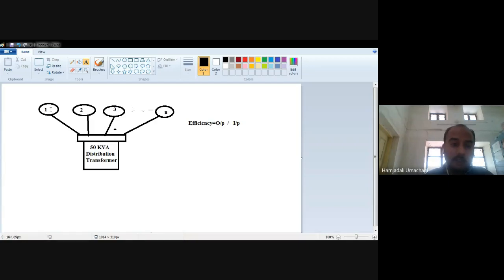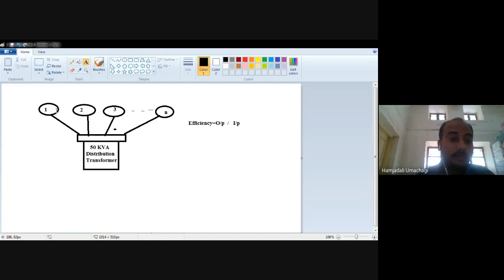Why? Because the consumers receiving power from this distribution transformer are not all using the same amount of power for the same interval of time. How they use the power supply is dependent on the time function. Some will use it only during night time, and during daytime it will be off, depending upon their requirement. Consumer number 3 is an office, where they work only during daytime, and during night time it will be off. So the usage of power is not constant, it is dependent upon the time function or hours function.